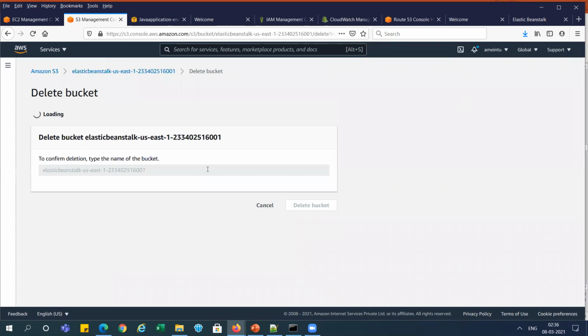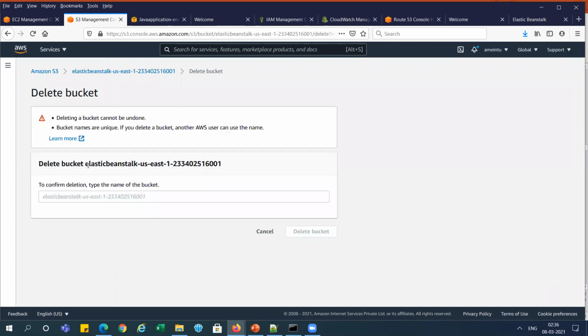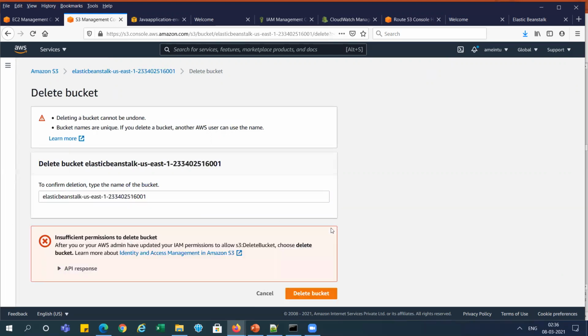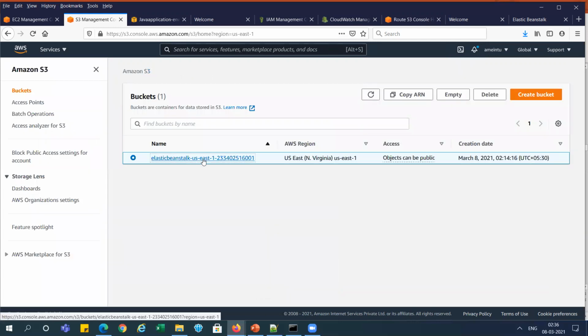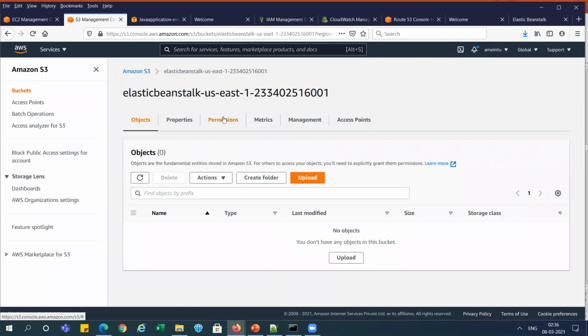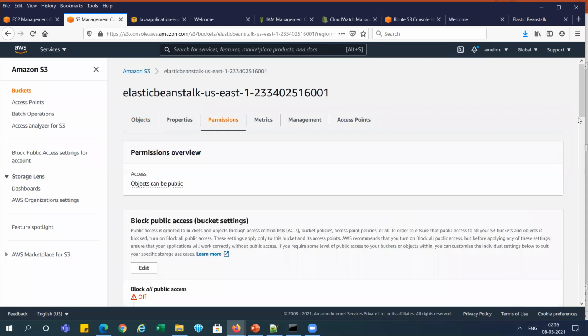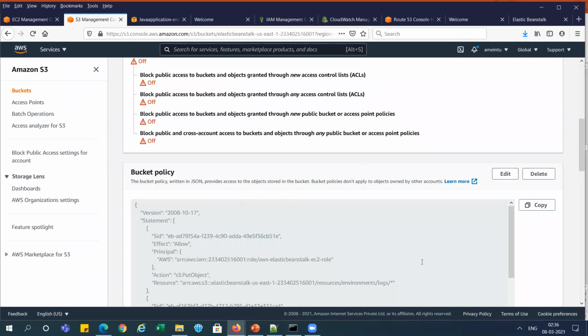I think it won't be deleted because some policy may be added here. Let me check. No, it is not deleted. It says insufficient permission. So don't worry. We need to go to the permissions and you can see here a bucket policy is applied.